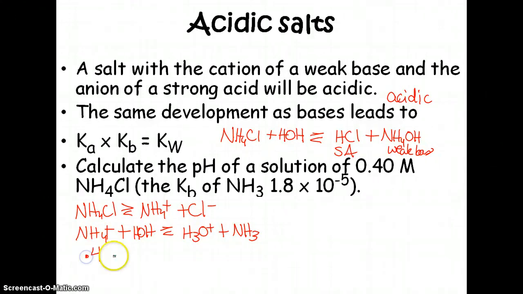0.4 is our concentration of our salt, so that's that. Water doesn't count. These are 0. And then when you start plugging in your ICE chart, you're getting this. So you really have x squared over 0.4 minus x, and I'll post these